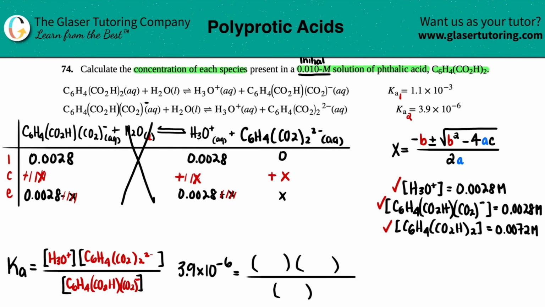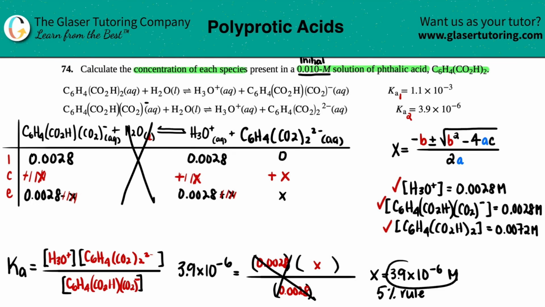So then coming in here, this would be 0.0028 times x divided by 0.0028. Oh, this is so easy because I have the same number on the top and the bottom. That gets canceled, and then this equals x. So let's just say x equals 3.9 times 10 to the negative 6 molarity, and let's now play the 5% rule,